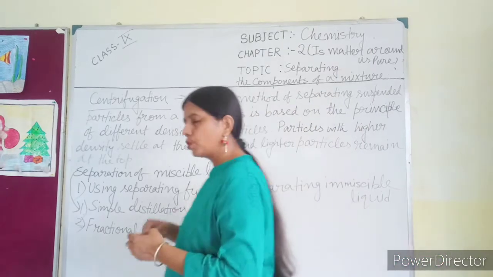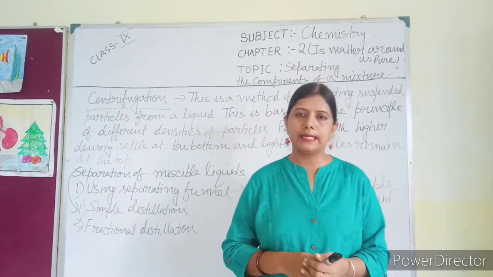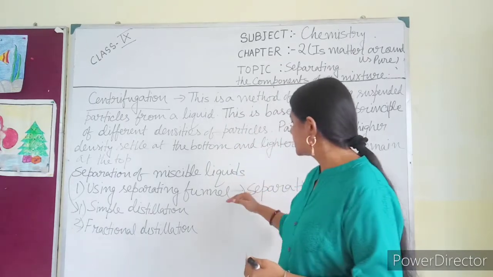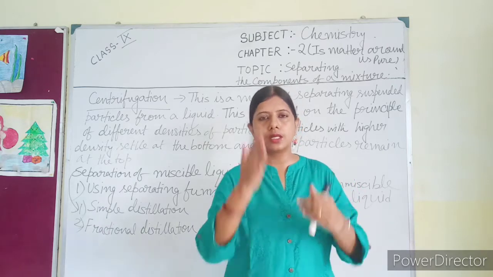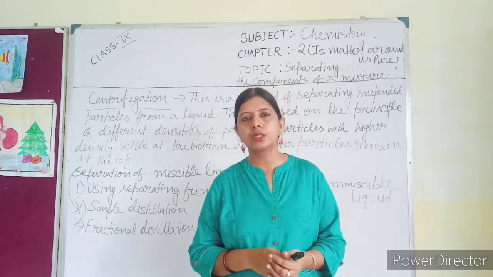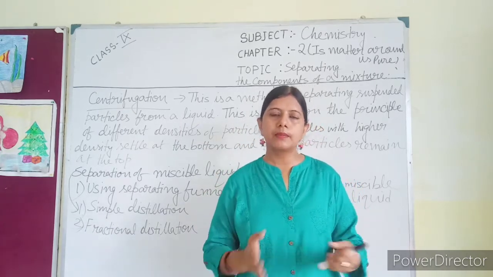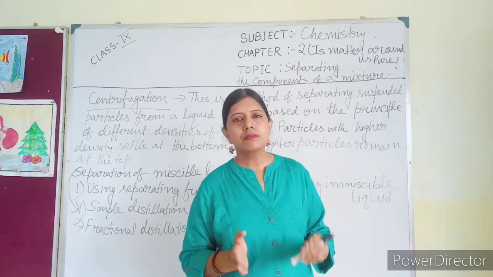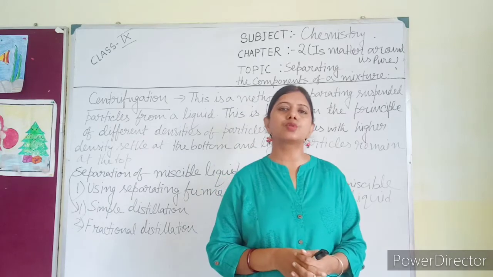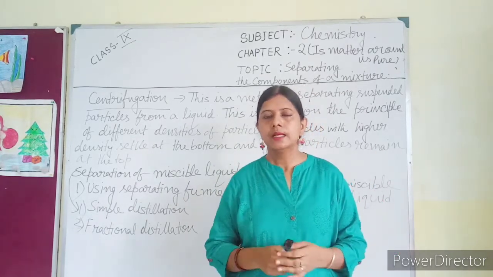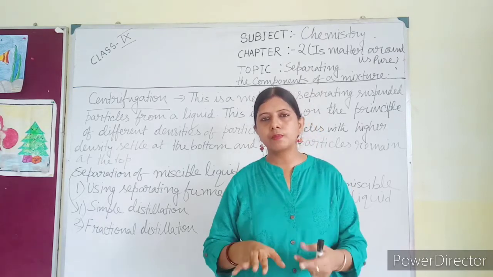Immiscible liquids means two liquids which are not going to mix with each other properly. In that case we use a separating funnel. A separating funnel is an instrument in which the container has a broad mouth and at the end there is a knob. If you open the knob, the liquid can be collected in another container. Immiscible liquids are collected in the separating funnel. As they are immiscible, they form two separate layers. The lighter liquid is at the top and the heavier liquid is at the bottom.